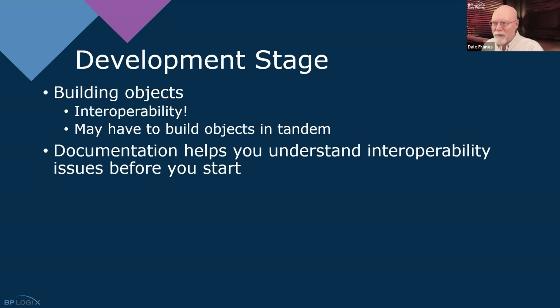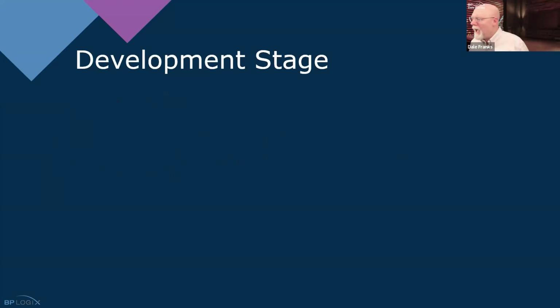Now you're going to have to build the drop-down objects first before you build the form. I always say I like to build the form first, and that is true unless that form has drop-downs on it, in which case I may have to build the drop-down objects first. That documentation that we looked at, showing what we're doing for our form, our process timeline, our email notifications, and our list of objects that we're going to need, enables us to prioritize our work to get the development done faster, because it gives us some suggested order in how we should begin doing that development. So just something to keep in mind about how that works.